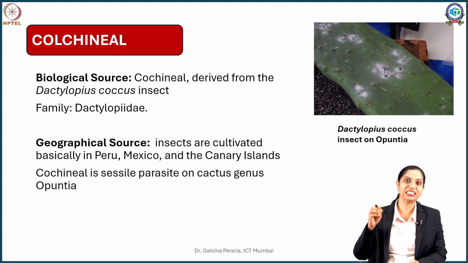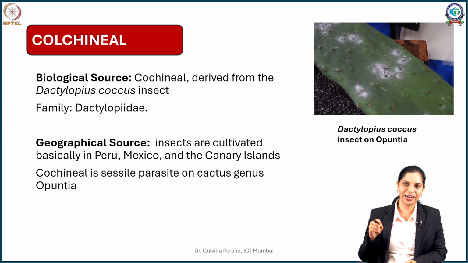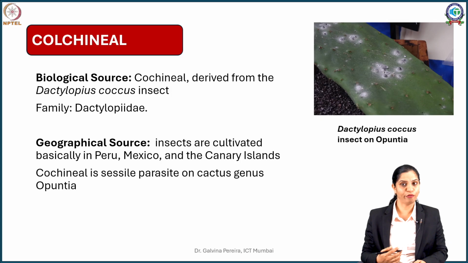So actually the insects have been cultivated, harvested, so they have been picked up, the tiny larvae of this, and they have been transported to cactuses. Once they are transported to cactuses, they stick to those cactuses and start feeding on its sap. Now these insects undergo dimorphism. The males are generally found to be tiny, whereas females grow to a bigger size, like 3 millimeters or so, and they acquire pigment. The pigment is a part of their defense system.